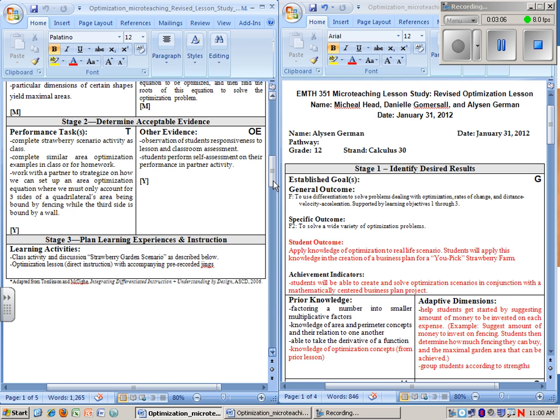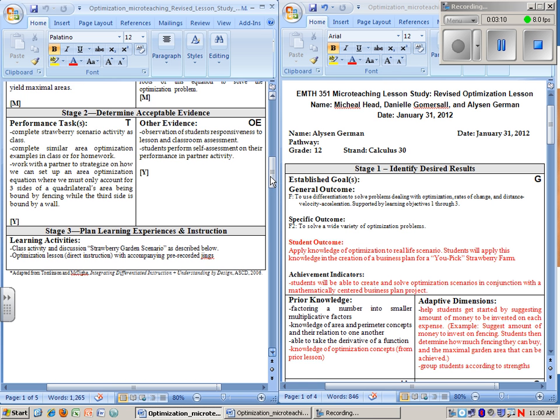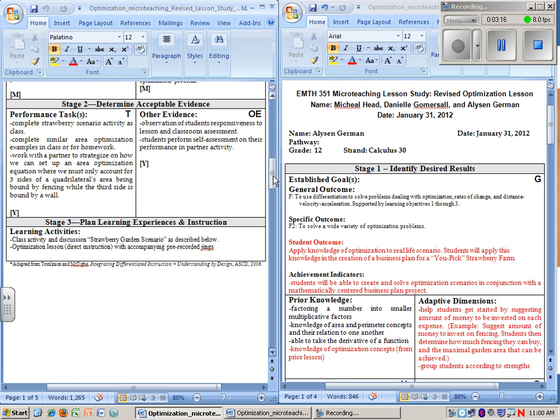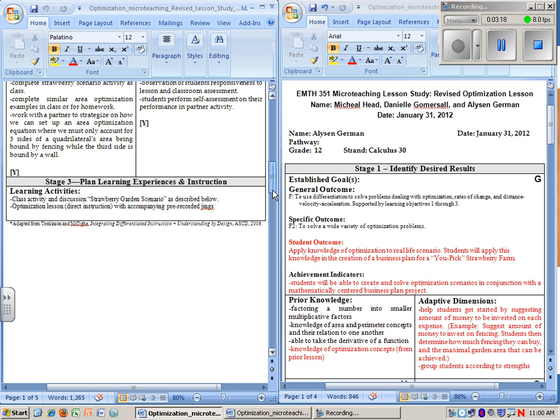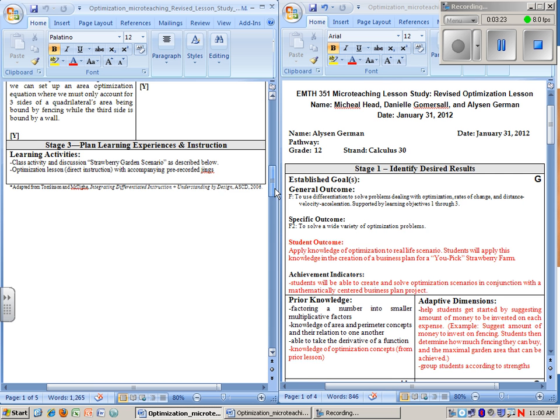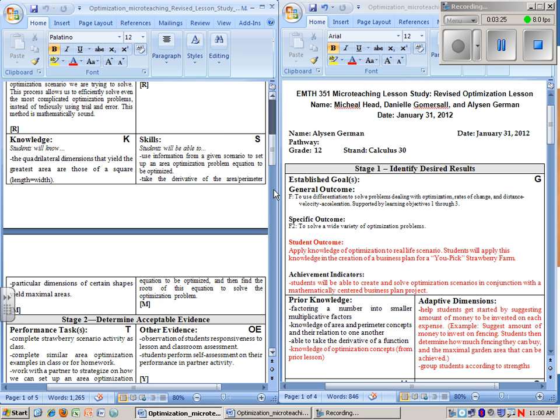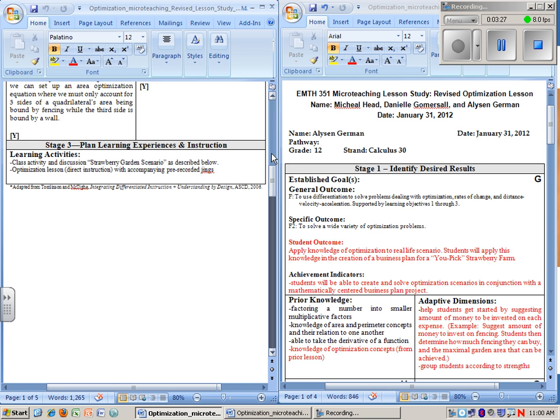Given that each student would invest X amount of dollars, we decided as a class how much money we would allot for fencing. Then, knowing how much money we had for fencing, and if fencing were to cost X amount of dollars per foot, what kind of perimeter of a garden could we use?